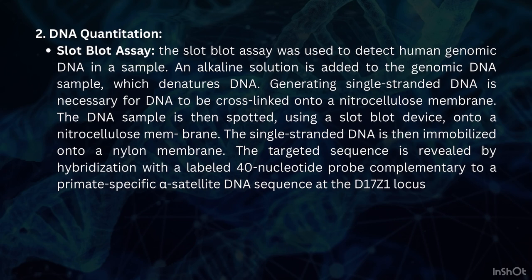The DNA sample is then spotted using a slot blot device onto the membrane. The single-stranded DNA is then immobilized onto a nylon membrane. The targeted sequence is revealed by hybridization with a labeled 40 nucleotide probe complementary to a primate-specific alpha satellite DNA sequence at the